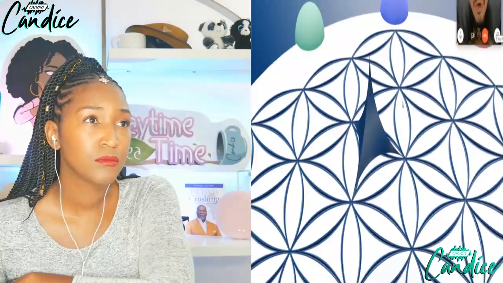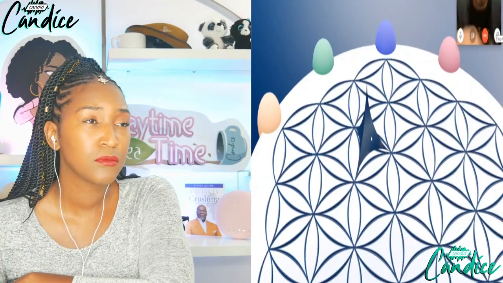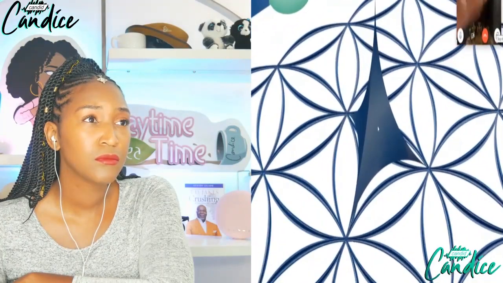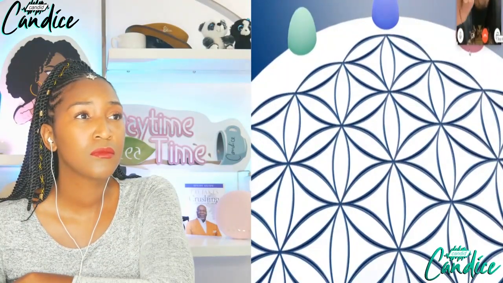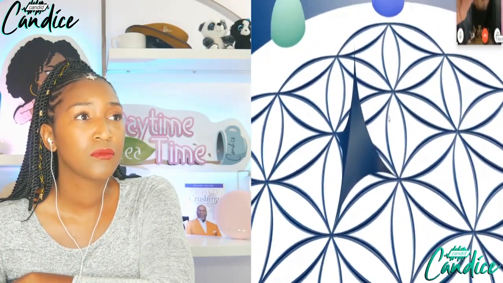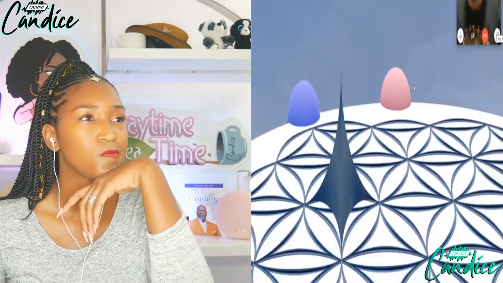You have 4 electric poles and you have 4 magnetic poles. There's at least 8 poles that's interacting, whereas before we were taught that there was only a North Pole and a South Pole. So now you see how these things could change technology, because now we can draw more poles off of it.